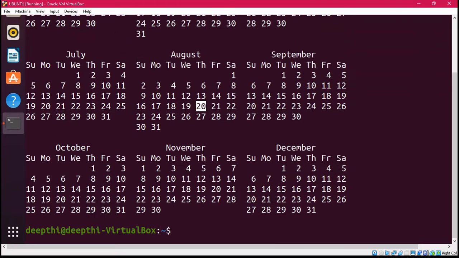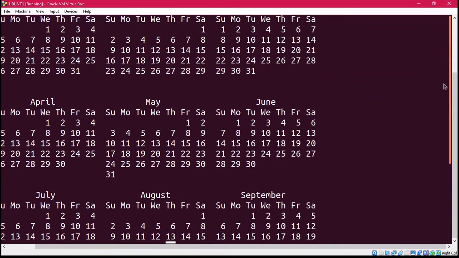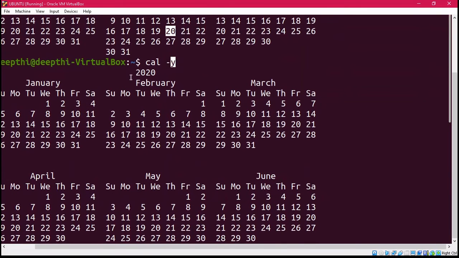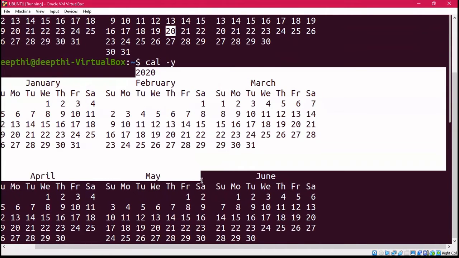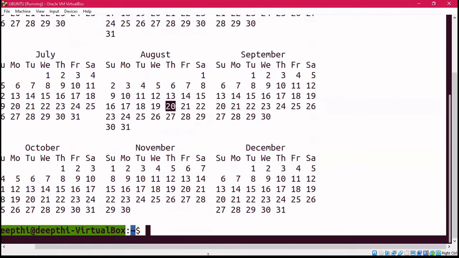Now let's see the output. Here we can see all the months of the year 2020, including January, February till December, for which year? 2020, right?